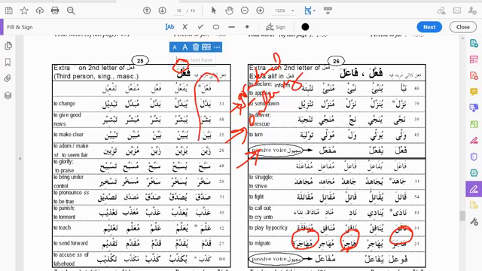Now all these, that's the pattern. When you have a past tense with the pattern of fa''ala, that would mean that the future tense of it is going to be yufa''ilu, or in that rhythm. As for the imperative form of it, which is the column right here, fa''il is going to be the imperative form.